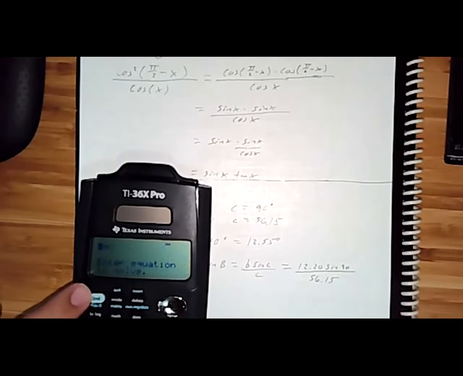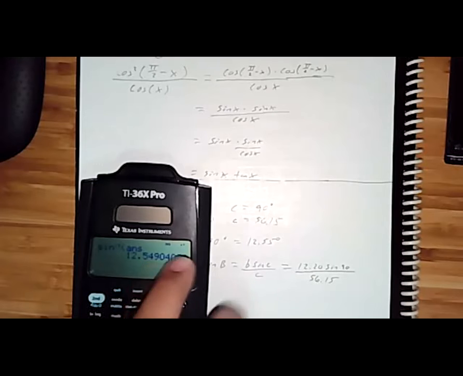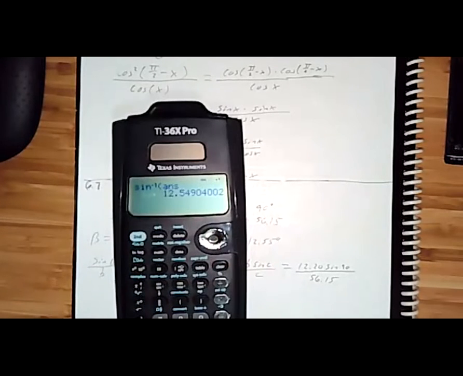Oops. Dang it. Where is sine inverse? Oh, that's right. My bad. I forgot how to work this thing. One second. No, it's a 5.49. You said you got 5.42? Yeah, I got